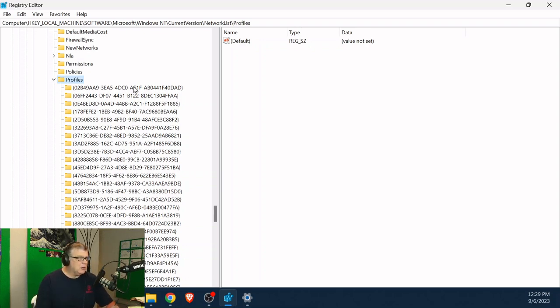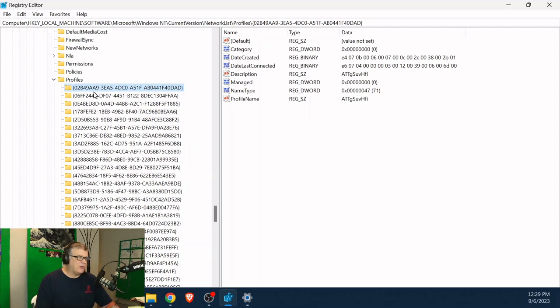So let's take a look at this very first one. It's kind of cryptic there, but we can begin to start looking at things. Oh, I've been on a network called AT&T G SUV HFI. Well, I don't know exactly where that could be located, but at some point in time, and this is going to be critical here, some point in time, I was on that network.